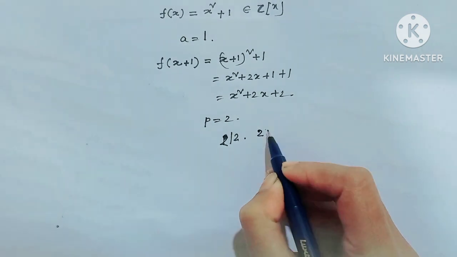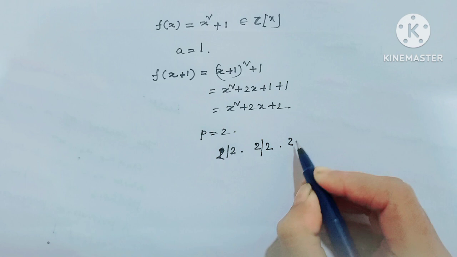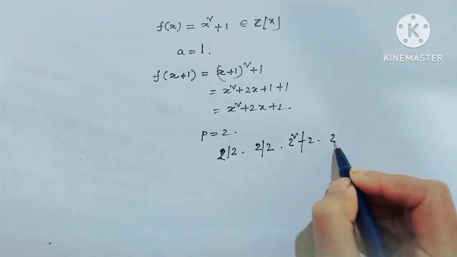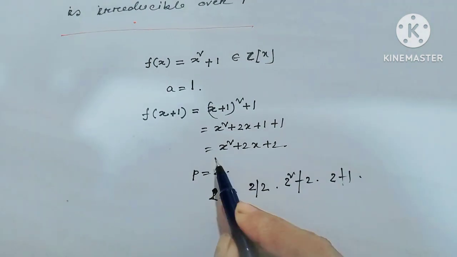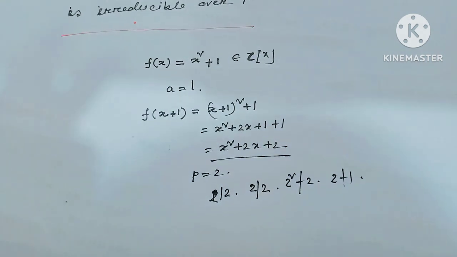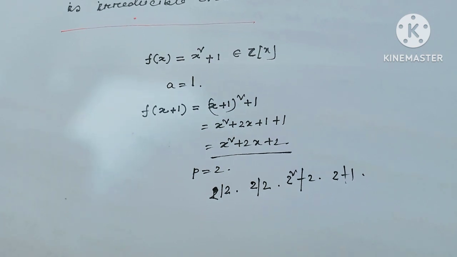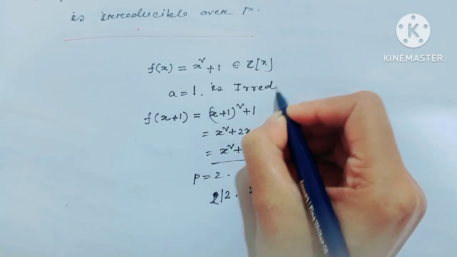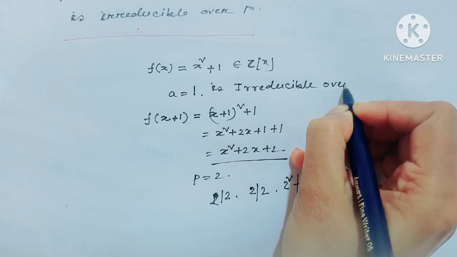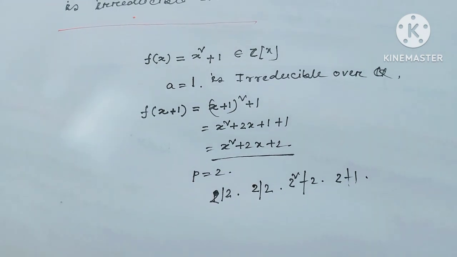2 divides 2, and 2 also divides 2, but 2 squared does not divide 2, and 2 does not divide 1. So for this prime p equal to 2, this polynomial satisfies the Eisenstein criterion. Since f(x) equal to x squared plus 1 satisfies the Eisenstein criterion for p equal to 2, that means it is irreducible over Q. I hope all my viewers have understood why f(x) equal to x squared plus 1 is irreducible